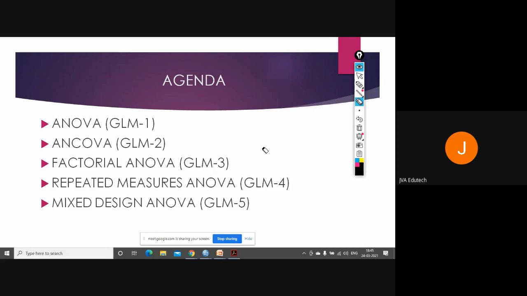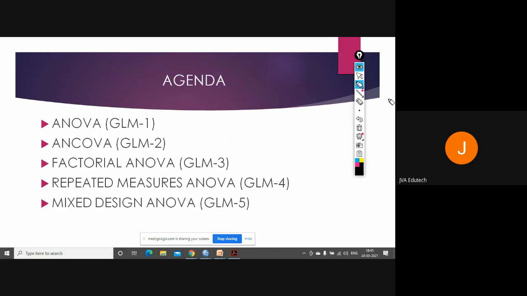And the ratio of these two, systematic and unsystematic variances, is known as the F ratio. So normally in ANOVA we calculate the F ratio. Now, what is the logic behind the F ratio? See, if the differences between the group means can be expressed as a linear model, why?